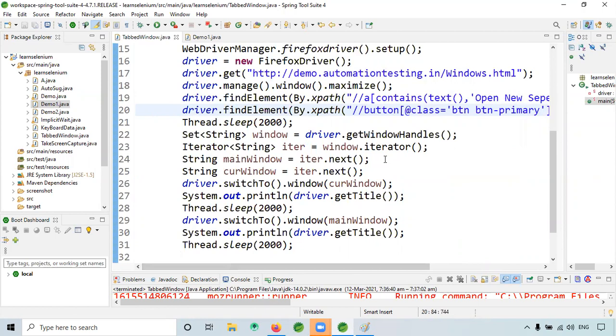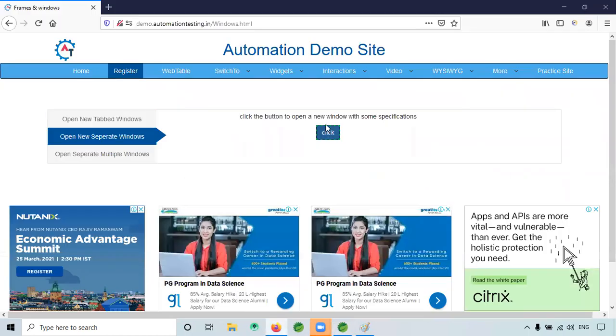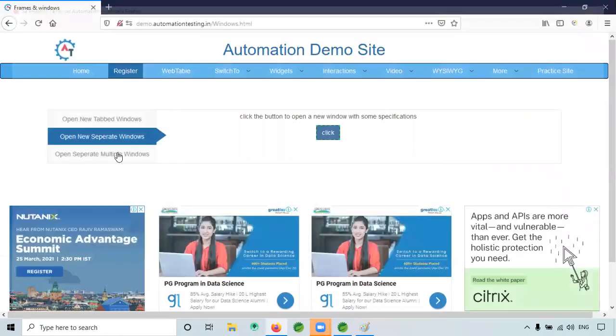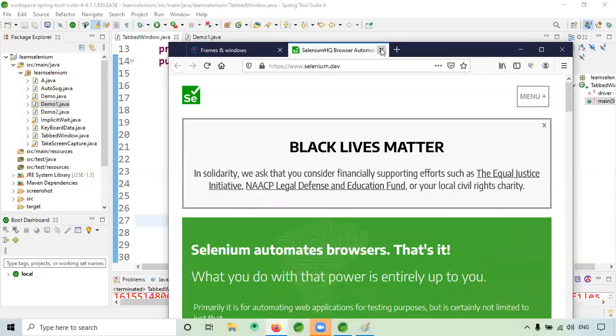Okay. So we have implemented this. So the thing is, it has to work even if the action opens a separate window or a tabbed window, right?